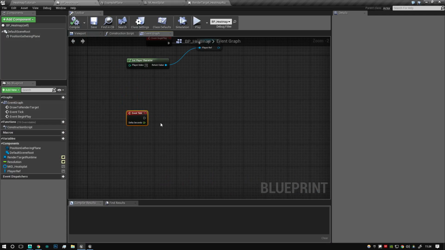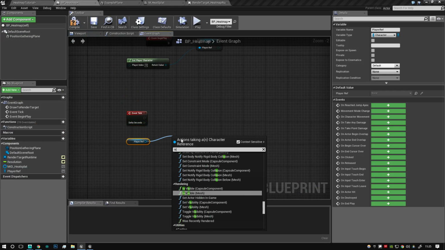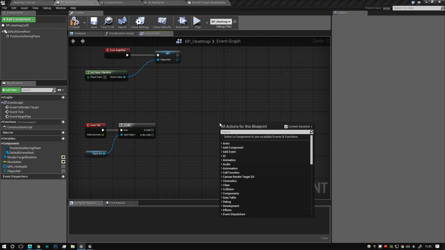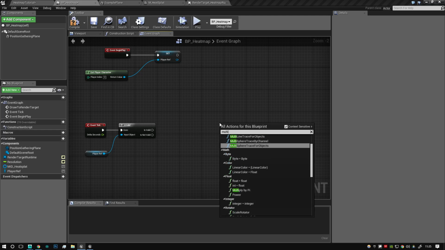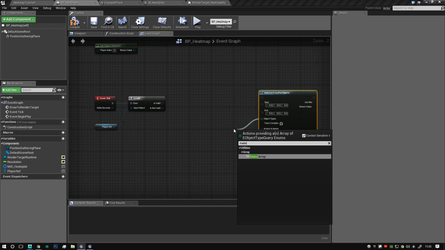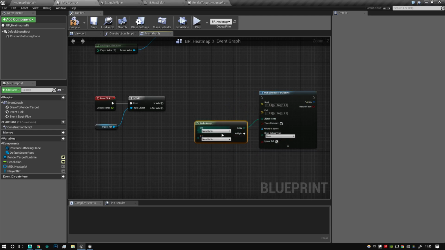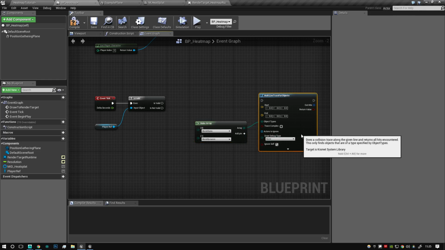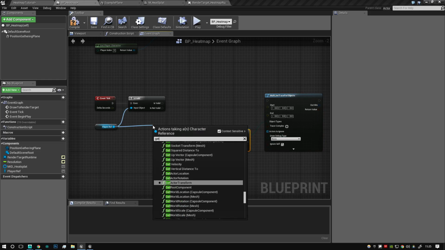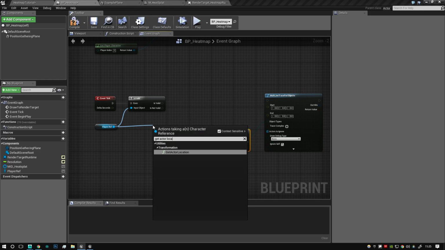Okay, so now we've got our player reference. We're just going to first check if it's valid, if I can spell it right. Okay, and now we're going to do a multi-line trace for objects, and let's make an array for our object types, both world static and world dynamic. Okay, so we're going to get the actor location,